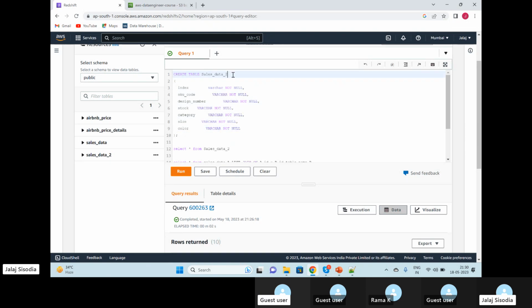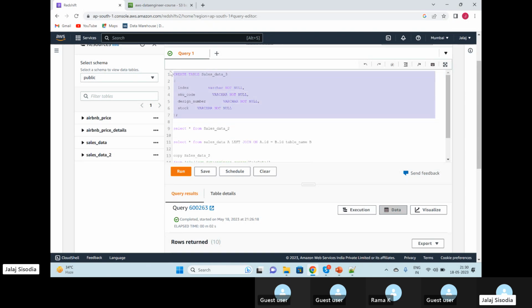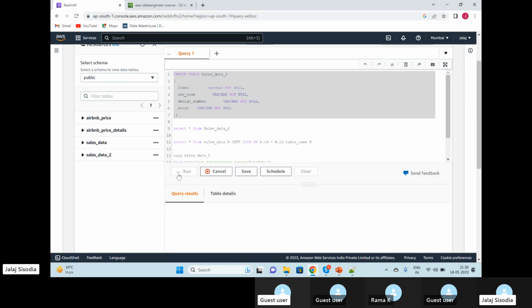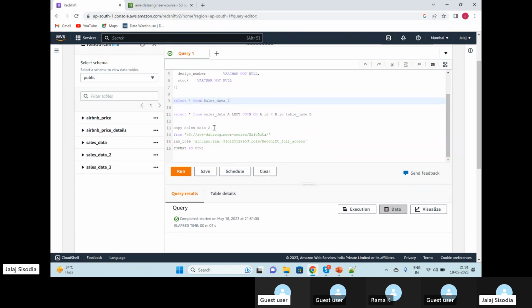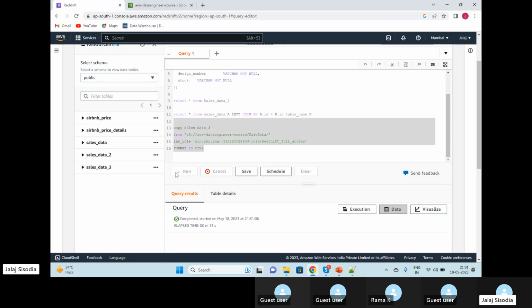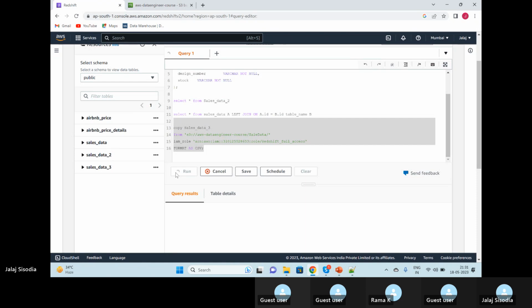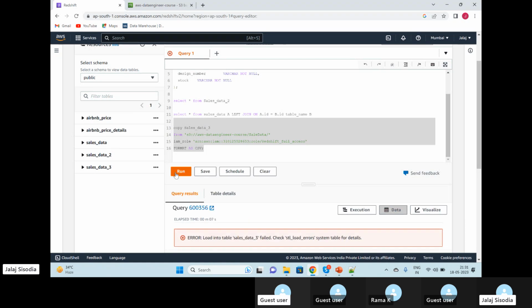If I do it like this, let's just try if it works or not. Let's remove 3 of the columns. My query syntax is fine. It might work in this case, some chances are there, because it may truncate the columns and just load the 4 columns. So let's see. I'm just going to say 3. But ideally it should fail. You can see